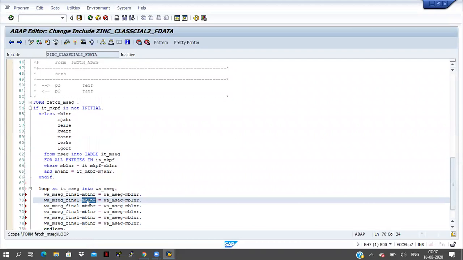And here I am doing Control D for duplication. If you want to copy and paste the same record in the next line also, Control D is the shortcut key for that.